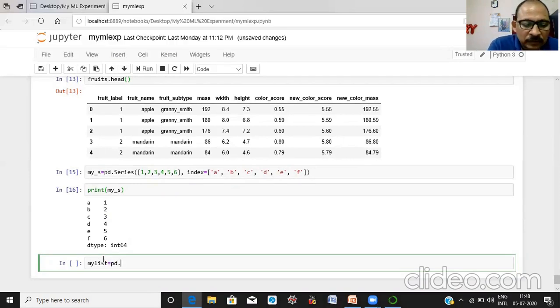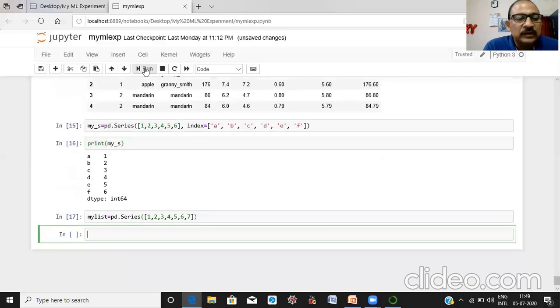The series is 1, 2, 3, 4, 5, and you can take 6, one can take one more, 7. Okay, without A here, index is optional. Okay, run it. Okay, now let us see.